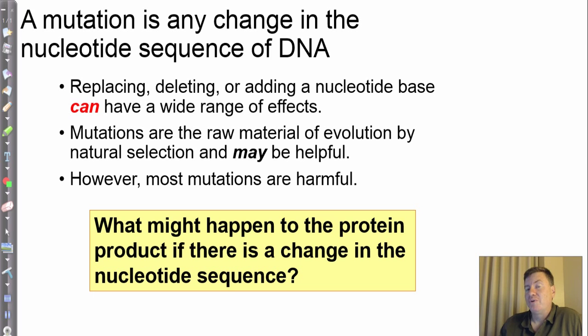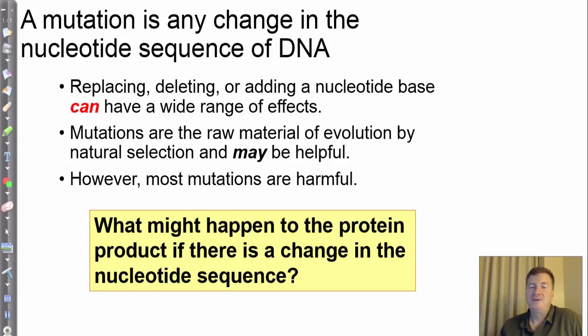So one question we have to ask ourselves: are nucleotide changes bad? Are mutations bad? They can have a wide range of effects, from no effect at all to a serious problem. Why these are important from an evolutionary perspective is that unless there are changes to the DNA, short of sexual reproduction, there isn't any variation that's going to result. So we do need to have mutations on a small level to get some variation, but if it's a big change, as I'll show you in a second, it can result in some pretty catastrophic issues for that protein.